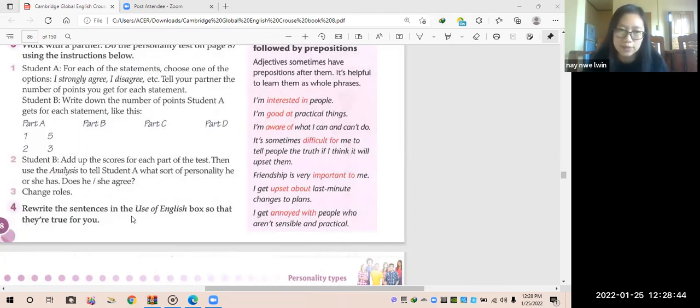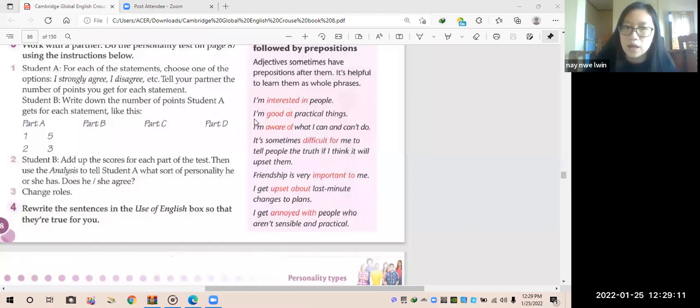Rewrite the sentences in the use of English box so that they are true for you. So you have to rewrite your own sentence by using this base expression, which is true about you. For example, I am interested in English. I'm interested in sports. So the sentence has to be true about you, right? So you have to use these phrases which are in red